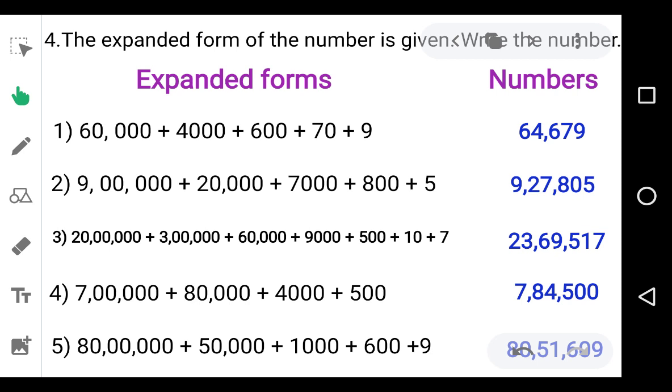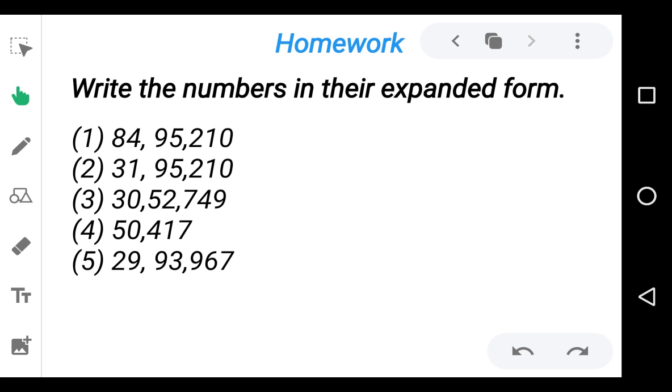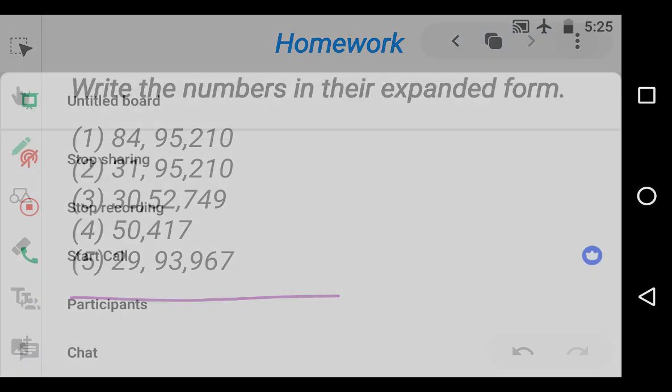Now see the homework. What you have to do here? See, write the number in their expanded form. You have to write all these numbers in their expanded form. So in this video, what we learn? We learn how to write number in the expanded form, place value, face value, and write the number from its expanded form. So we will see in the next